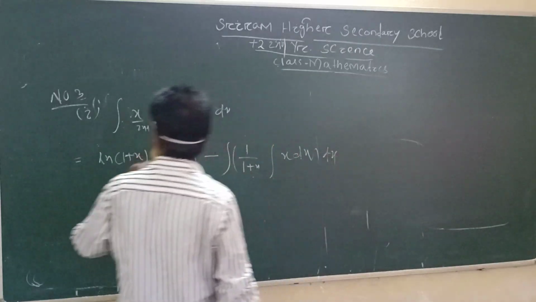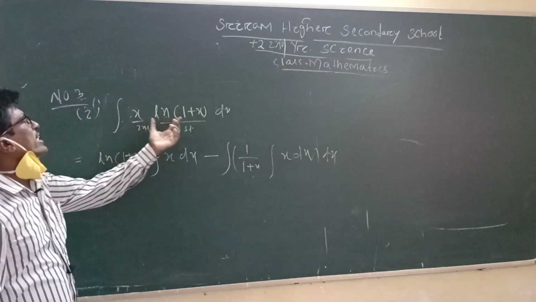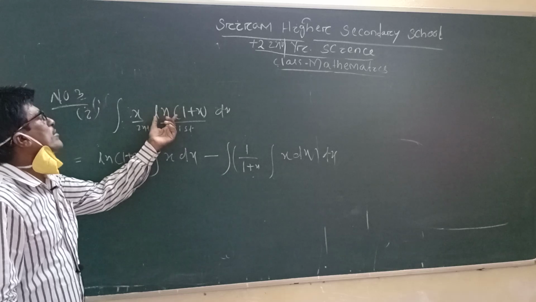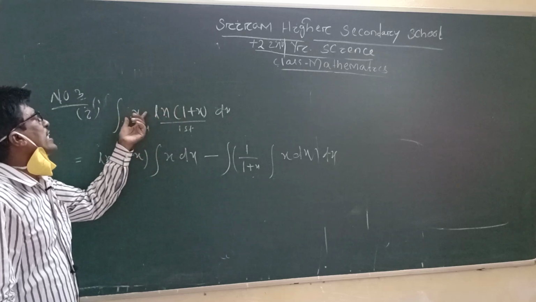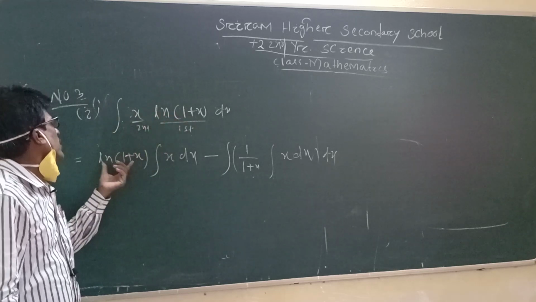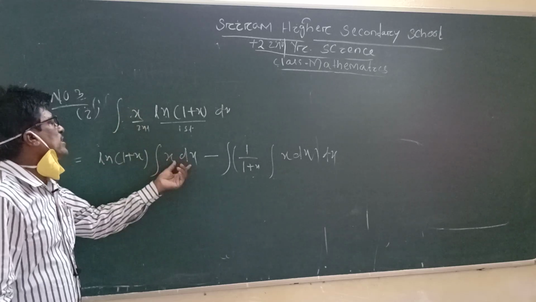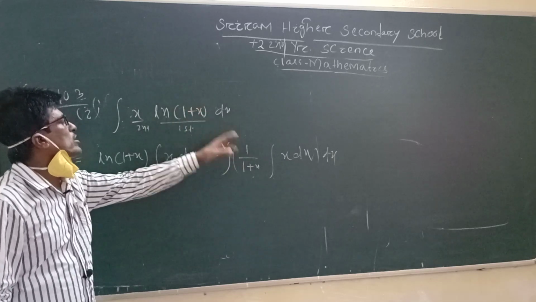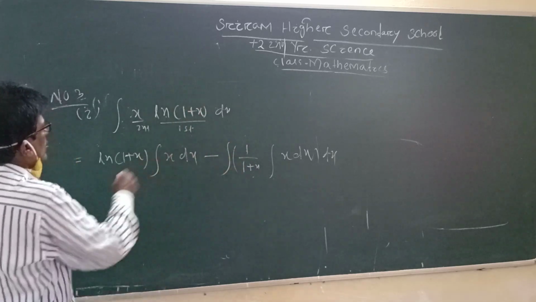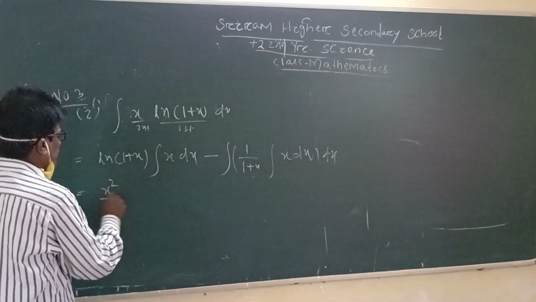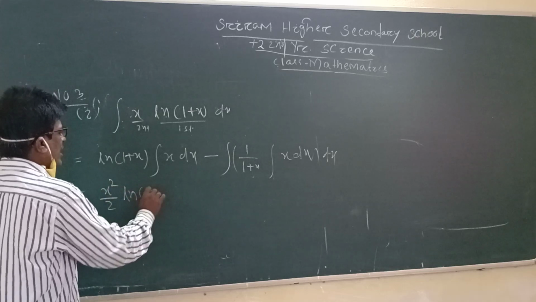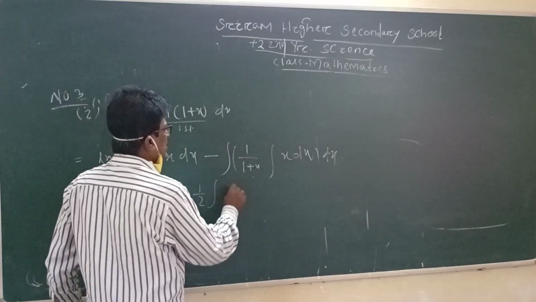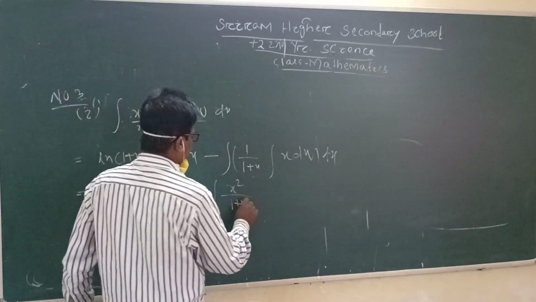Again I told you, since it is a logarithm function and that is an algebraic function, logarithm is serial number 2 and algebraic is 3. So logarithm is the first function. So first function constant, integration of the second function. You know the derivative of log 1 plus x is equal to 1 by 1 plus x, and x dx. The integration of x dx is equal to x square by 2. So ln 1 plus x, minus, taking 1 by 2 outside, that becomes x square by 1 plus x dx.